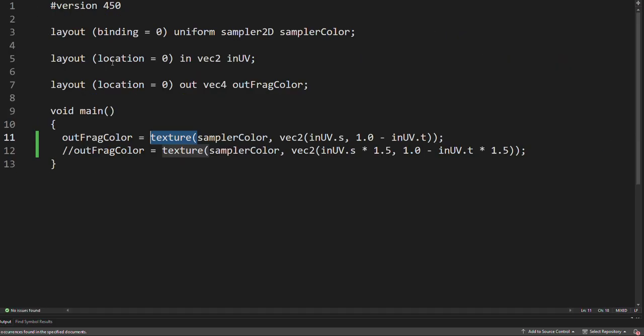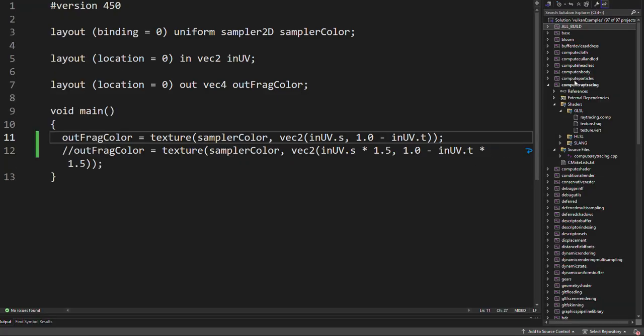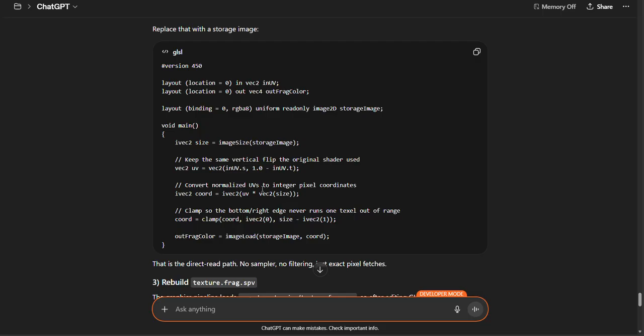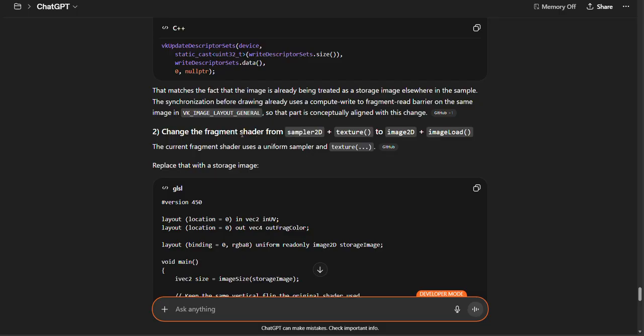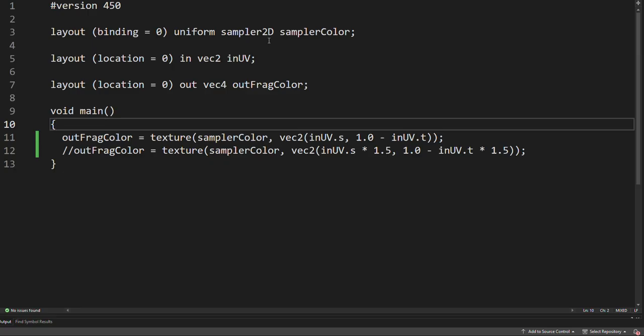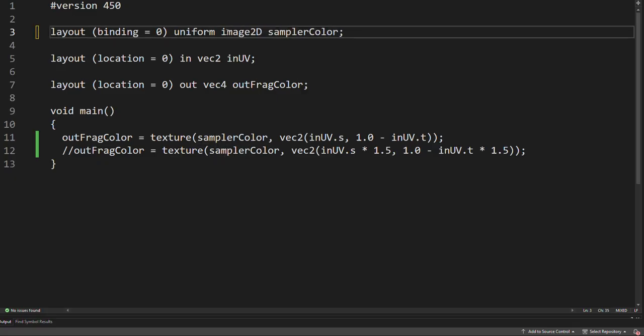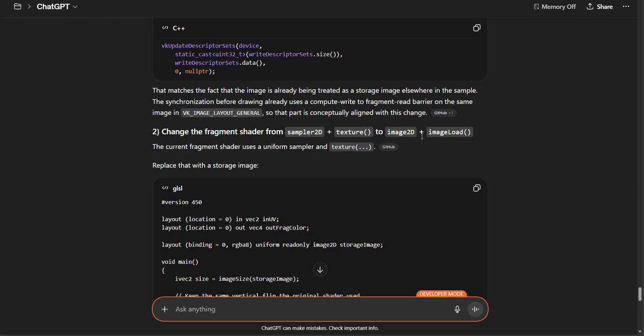So on the texture.frag shader. So again, guys, just so you follow, we are now in the texture.frag file right here, GLSL shaders, GLSL texture.frag. So we're on the GPU now, right? We're on the GPU, and it says change the fragment shader from sampler 2D plus texture to image 2D plus image load. So let's just do that. So we're just going to do image 2D, and we're going to do